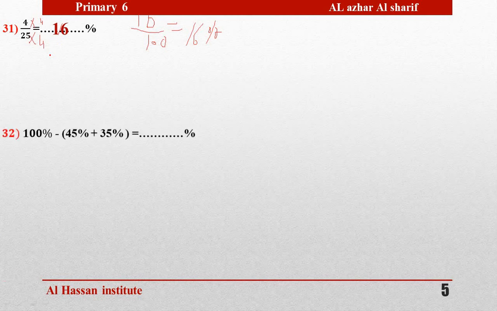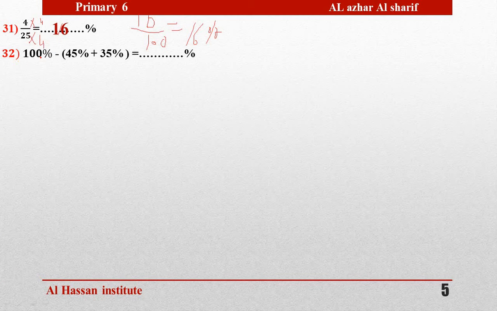As you see. Example number 32. 100% minus 45% plus 35% equals space percent. So to solve this example, at first adding the two percents here. 45 plus 35 equals, excellent, 80%. 100 minus 80 equals 20. Next,